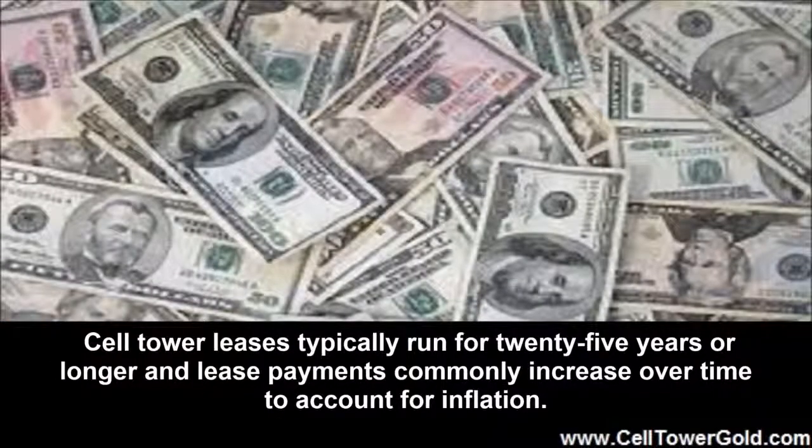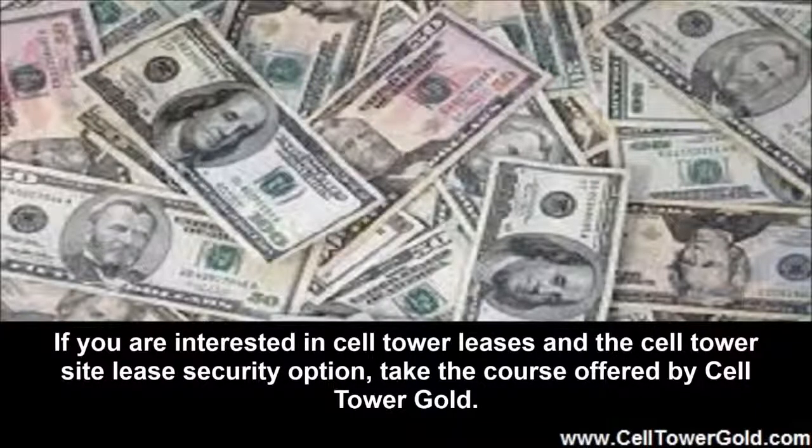Cell tower leases typically run for 25 years or longer, and lease payments commonly increase over time to account for inflation. If you are interested in cell tower leases and the cell tower site lease security option, take the course